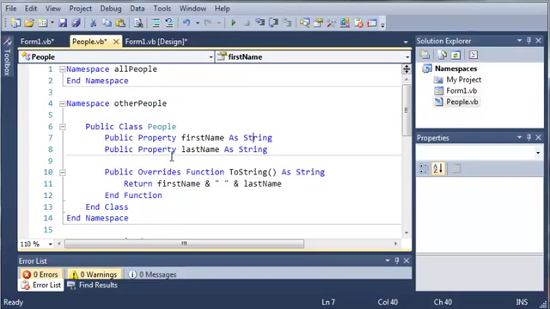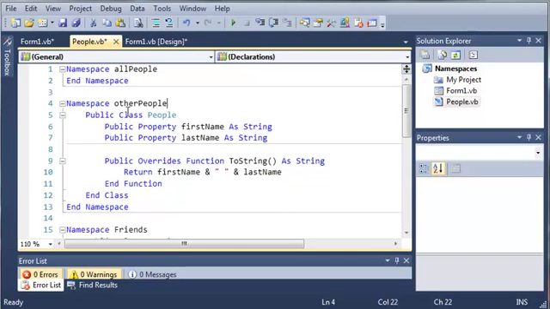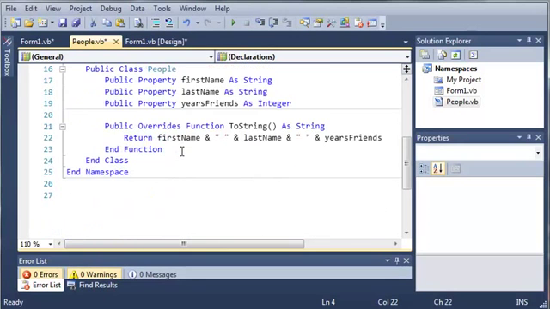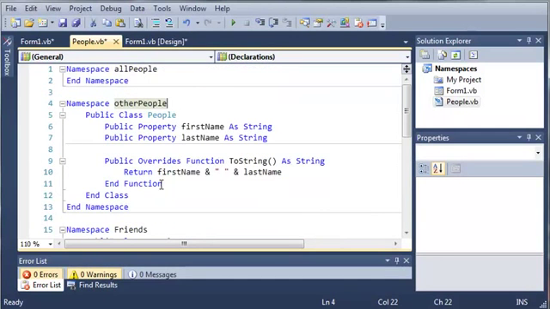Now, what we can do is we could take functions, or we could take classes, and put them inside of all people and allow all of the other classes inside of other people and friends to what's called inherit those classes from the all people. Now we'll be talking about inheritance in probably a couple of tutorials from now. So let's go ahead and make some changes to this code so you guys know what I'm talking about, nesting the